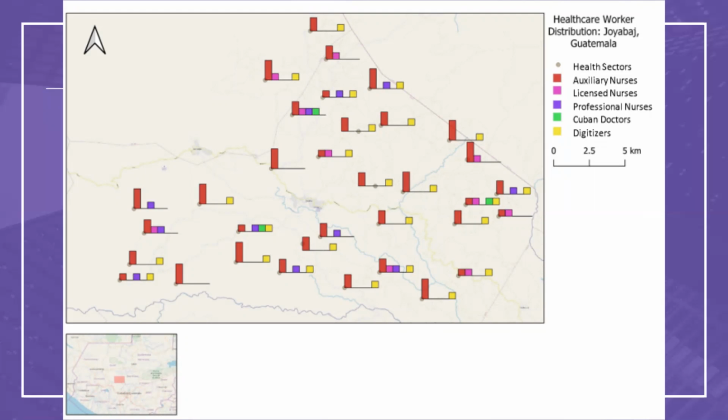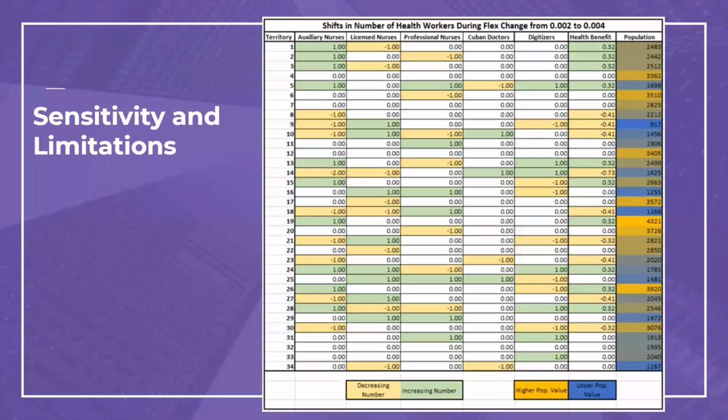It seems that the model distributed the healthcare workers effectively to where they needed to be. And so it seems that all checked out with the math and the overall effectiveness of the model. With that baseline idea of the model working correctly, we then looked into what's called a sensitivity analysis. With this, we took that parameter that was constrained in that flow constraint, the 0.002, and